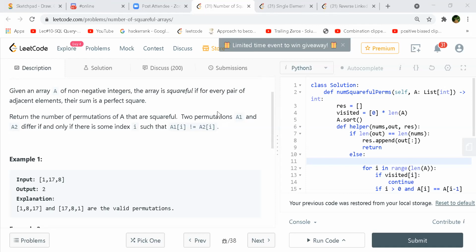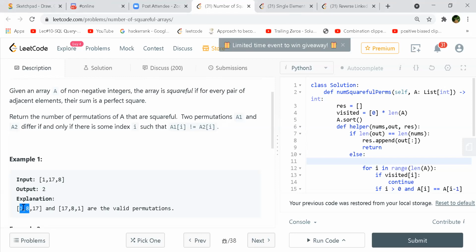Can someone explain the problem? Yeah, problem 178. An array of numbers is given to you, and you have to generate a permutation such that the sum of every two adjacent numbers in that array is a perfect square.